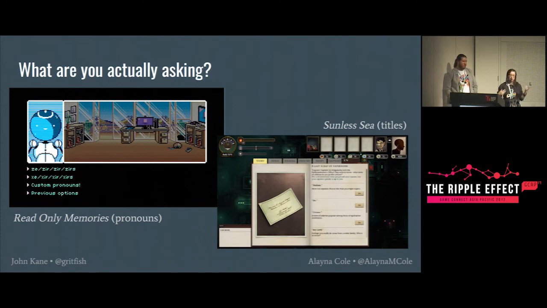So yeah, it's like Sir, Madame, and then there's also some general ones like citizen. There's some other ones that I haven't got on that screen cap as well, but there's some gender neutral ones as well. And so basically then in dialogue you're referred to using a title, but there was absolutely no need for that game to ask your gender or your character's gender because all it wanted to know was what it was going to refer to you as. So get to the crux of what you're asking and actually ask that, not a question that you can then assume that from.